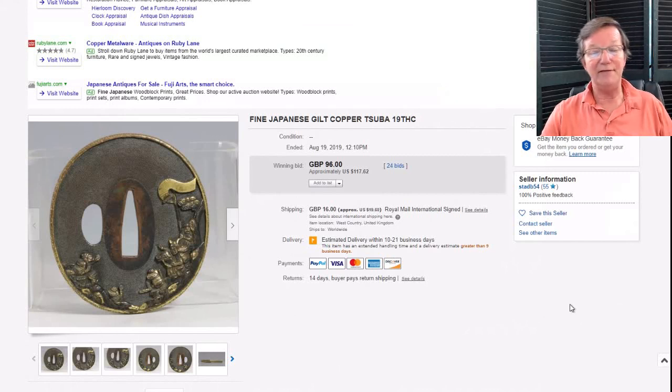I hope you didn't have it on your watch list and forget about it or something. But this should have been hit with a $300 bid almost right off the bat. That was a good Tsuba, and I think somebody that knows Tsubas got a great buy on their hands. Wonderful. All right, and then on to this, that Ming